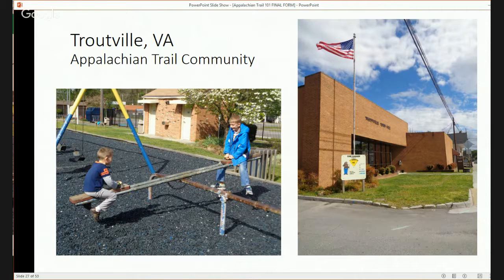And another thing I learned is they can go over to the fire station, which is just kitty corner across the street from this park, and they can have a free shower over there. So I think this is a marvelous example of American hospitality at its best. I love to hear stories like this and to see how welcoming a town this is. So this is an Appalachian Trail community town,